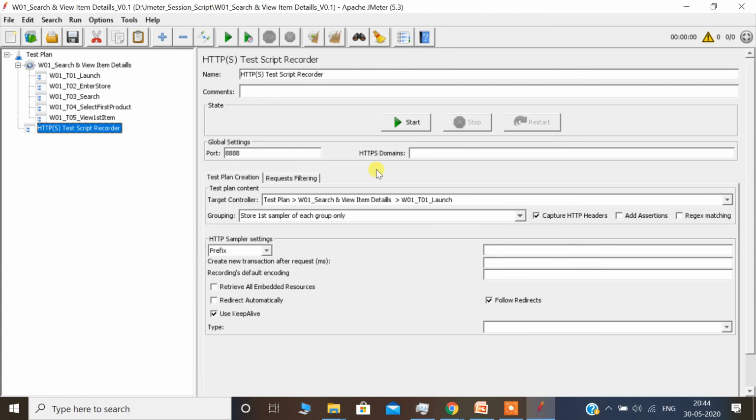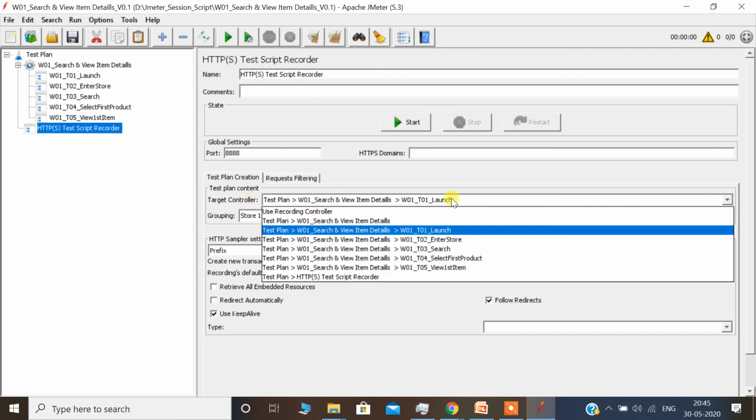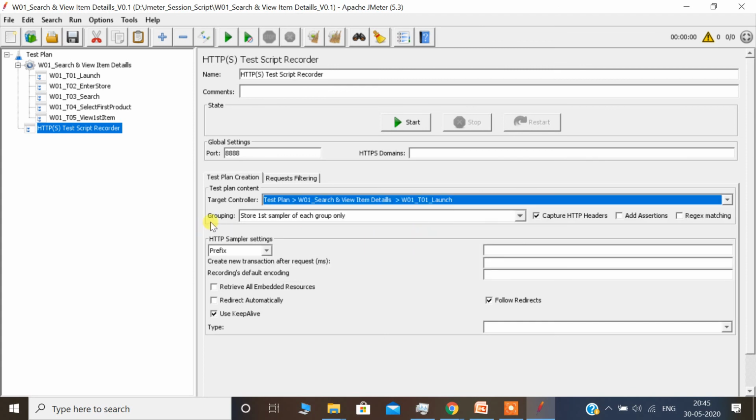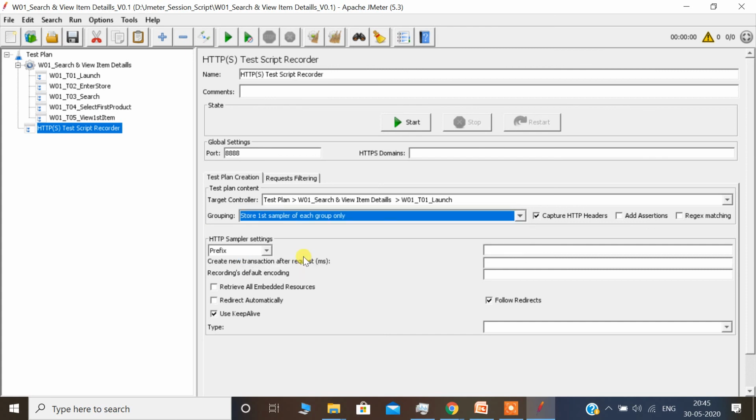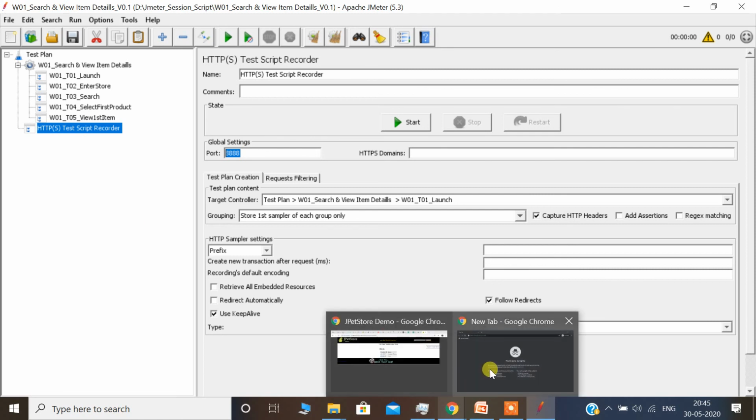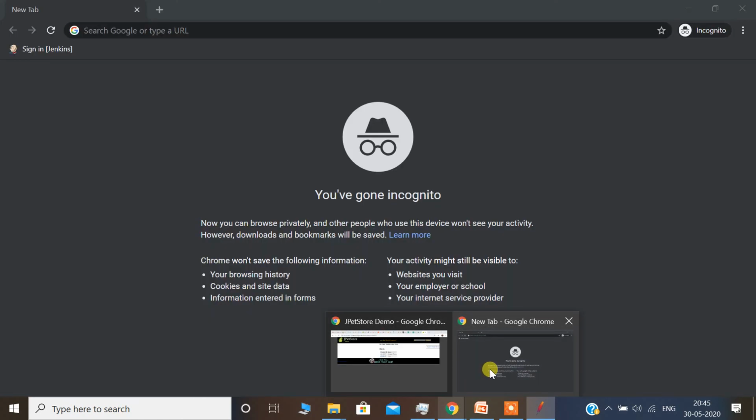On the test script recorder we selected the target controller and selected the first transaction, that was launch. In the grouping I selected store first sampler of each group only. Now I am moving to the browser. So before that, remember this port number is 4 times 8. So now let me move to the browser.